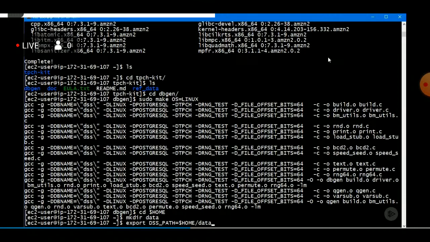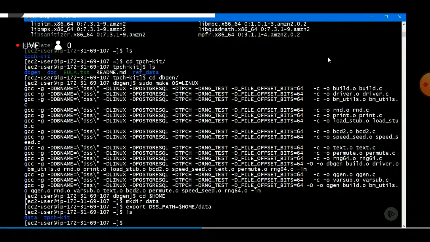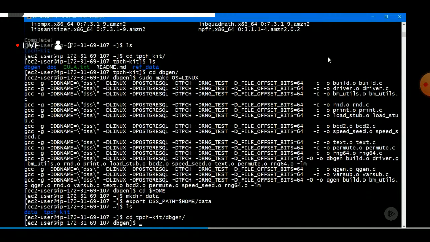All right, so let's see. I think we're ready to create the data, so I'm going to hit enter there, and we are going to go and get back into that directory. Let's do the cd tcp. Actually, where am I right now? All right, yeah, so we want to change directory to tpch-kit, and we're going to dbgen. All right, and here we go with the data generation. We're going to do ./